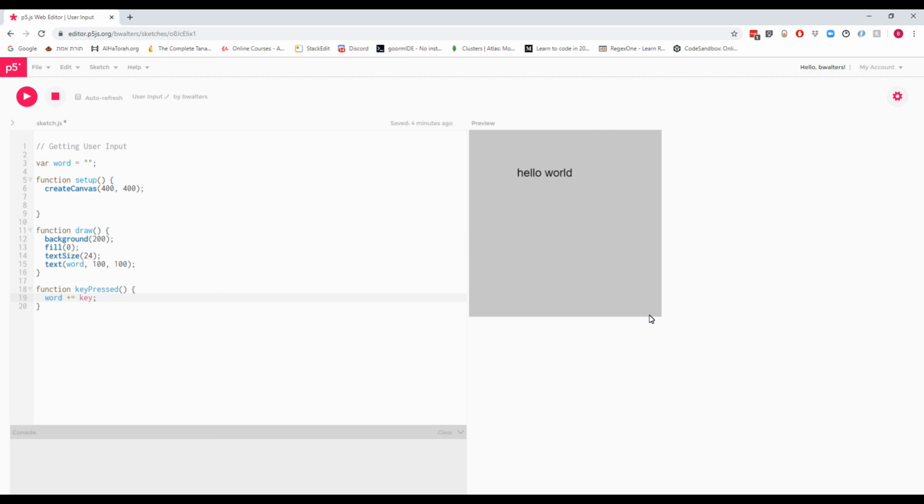Now one thing that's kind of weird about just doing this is that special characters like backspace or shift are going to show up as the name. So it's going to actually write shift. So to fix that, there's some different ways that you could fix that. There's regular keys, and then there's what's called coded keys. So you could say that you don't want the coded keys, but I'm not going to really spend time getting into that because we're not building Word software in Processing. You can look at the documentation and different examples online if you wanted to do something more interesting with words in here. But just the idea of realizing I can get this user input, I can play around with it,